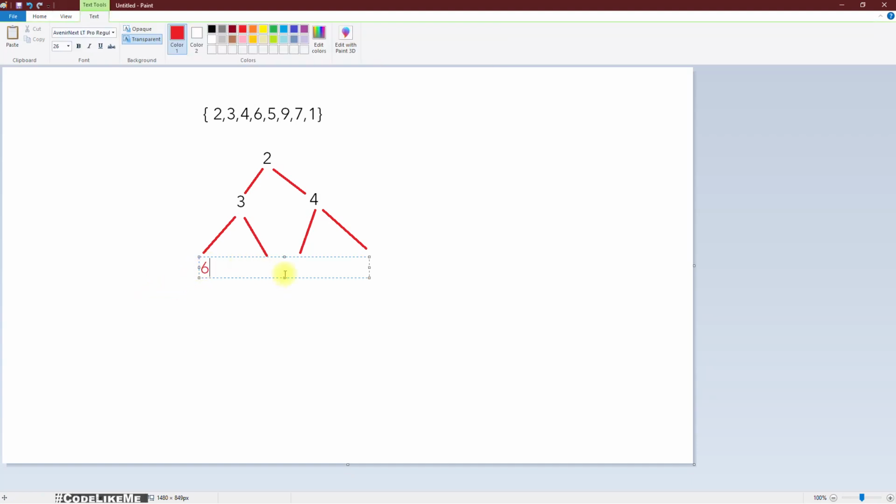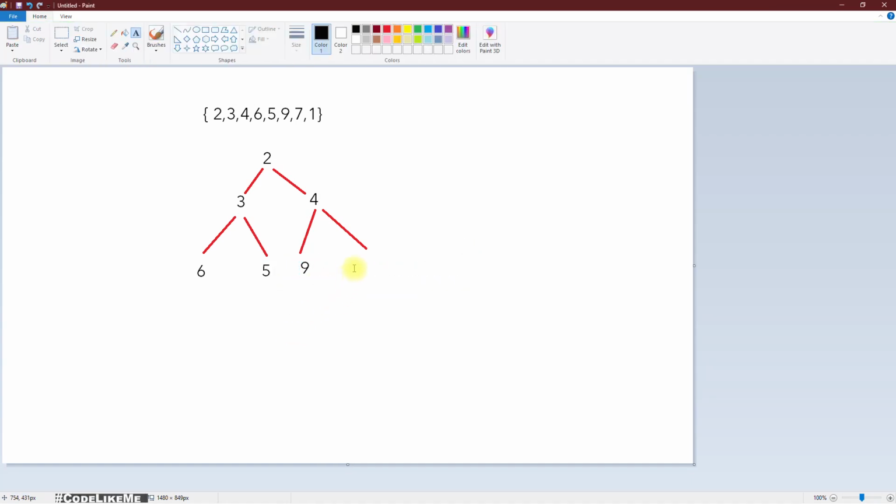So 6 and 5 and 9 and 7, and after that we have another element which should come under this 1. Now as you can see here, there is no particular order. We have just inserted all the elements into the heap without thinking of what is large, what is small, anything